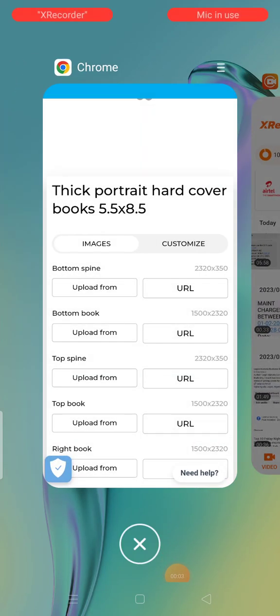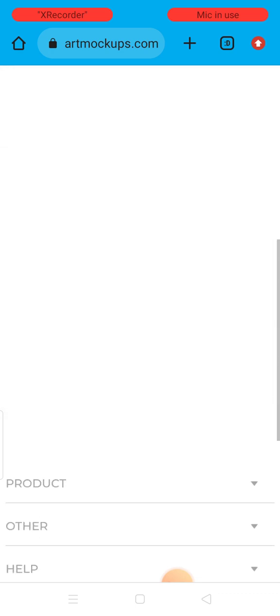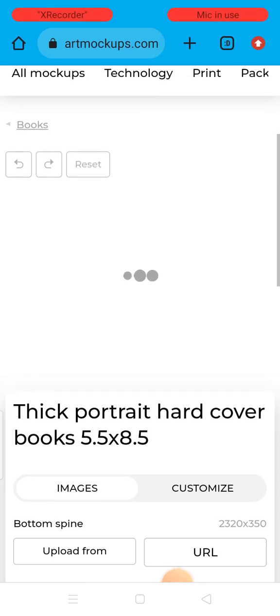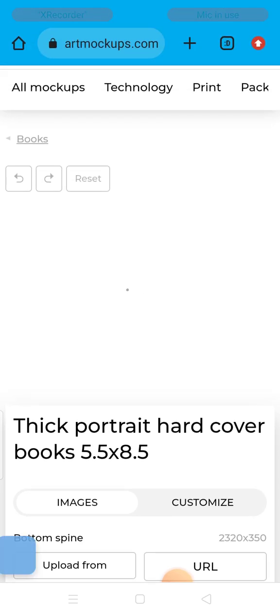Okay, so let's continue with the book mock-up, where you want to use your design to form a book, right? So the book is still loading. The network is a bit bad, so